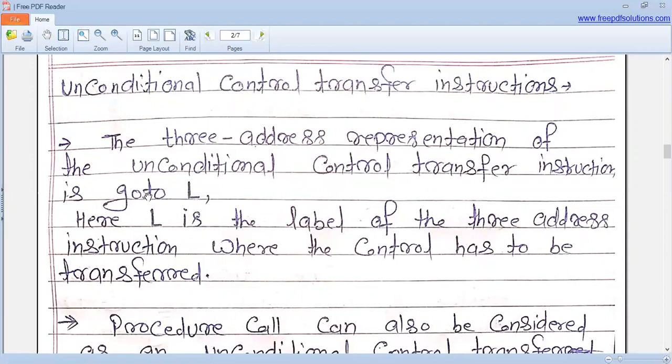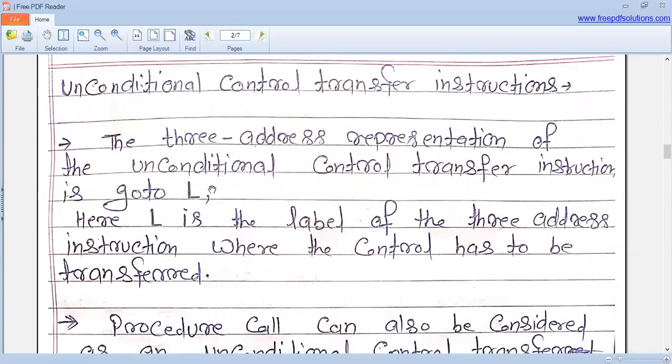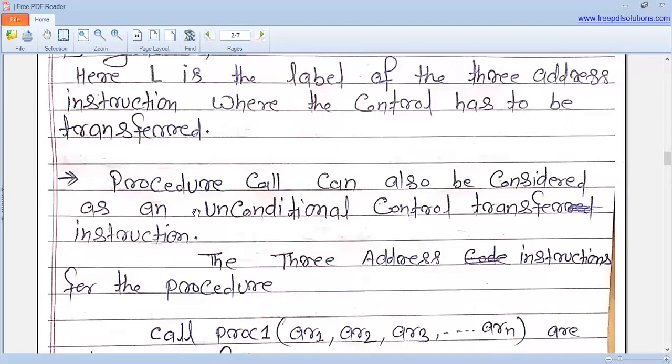L is the label of the three address instruction where control is transferred. So this comes under the unconditional control transfer instructions. And a procedure call can also be considered as an unconditional control transfer instruction.